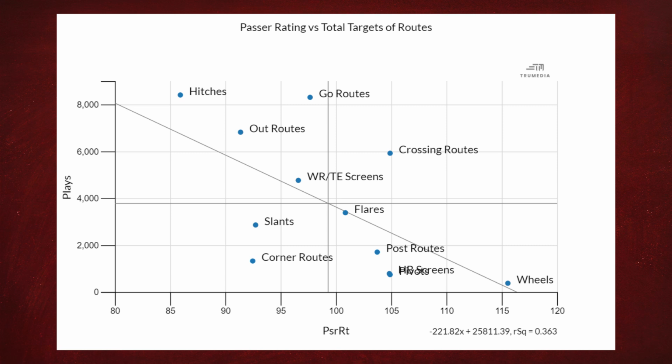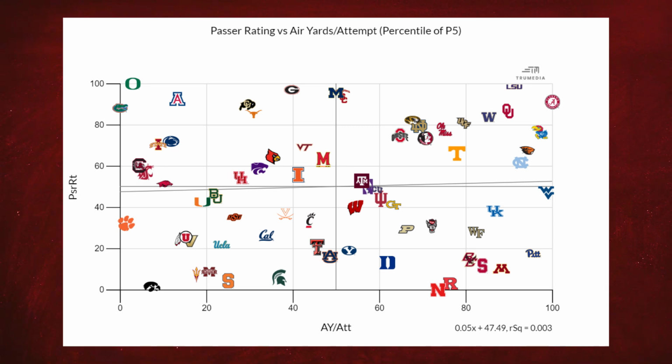This effect might be merely a product of them just being less used on a snap-by-snap basis throughout all of college football. And because of this evening effect, teams that lean more heavily on the deep ball don't tend to outpace their success rate focused brother in terms of passer rating. I think this is kind of what's meant by when people say Jimmys and Joes are more important than X's and O's. Despite the fact that these teams with high air yards per attempt tend to target the routes that result in high passer ratings, it doesn't always reflect in a team's overall passer rating.